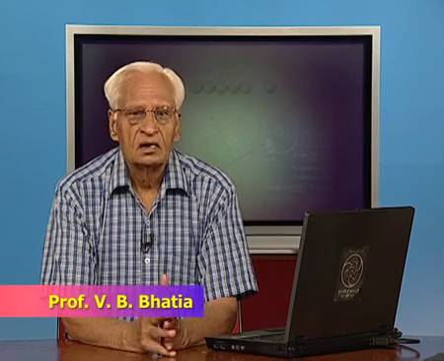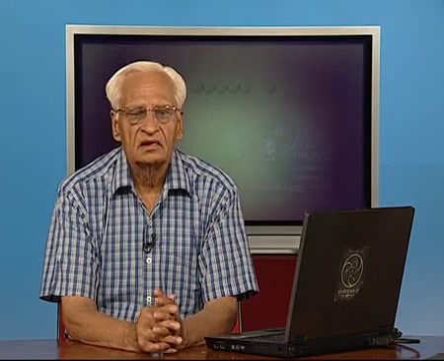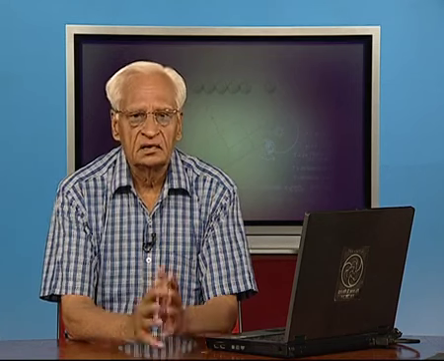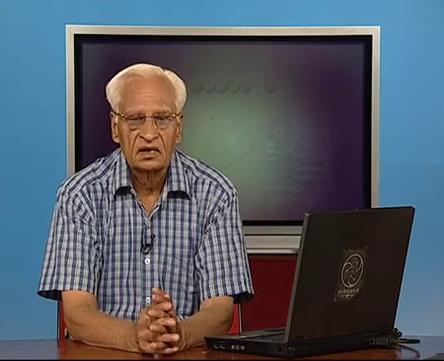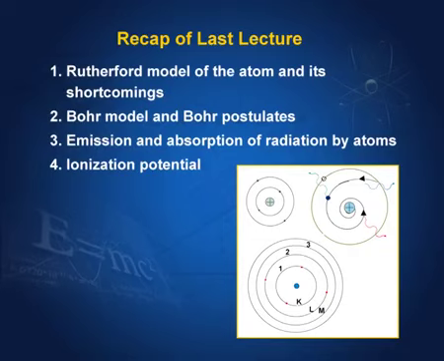In the last lecture, we discussed Rutherford's model of the atom. You recall that Rutherford did the experiment on alpha scattering, and from that he thought that the atom must consist of a very heavy center, that is nucleus, and the electron must revolve around it just like the planets do around the sun. This model had a very severe shortcoming, very serious shortcoming, and that was this,